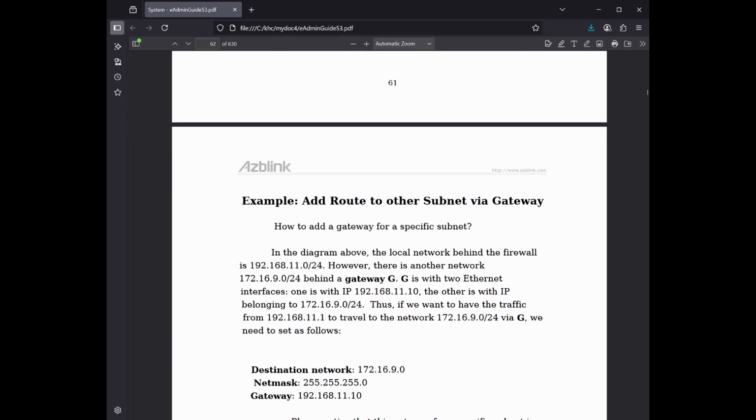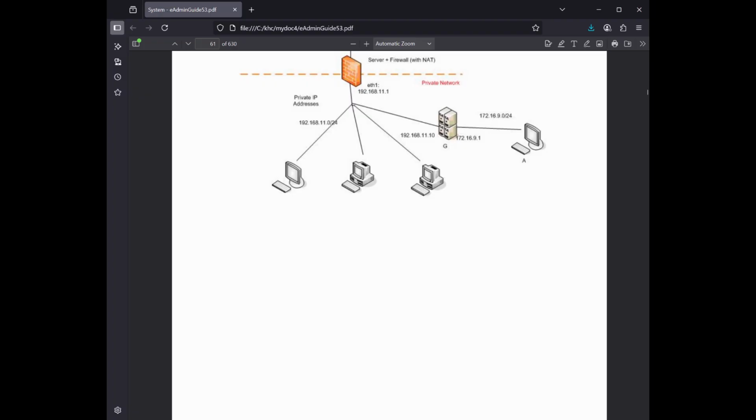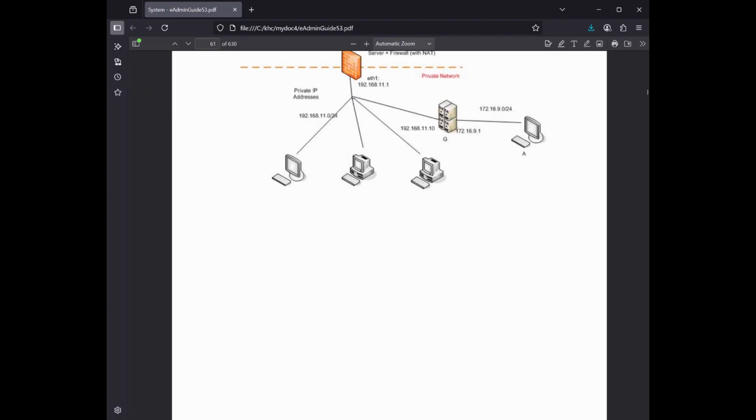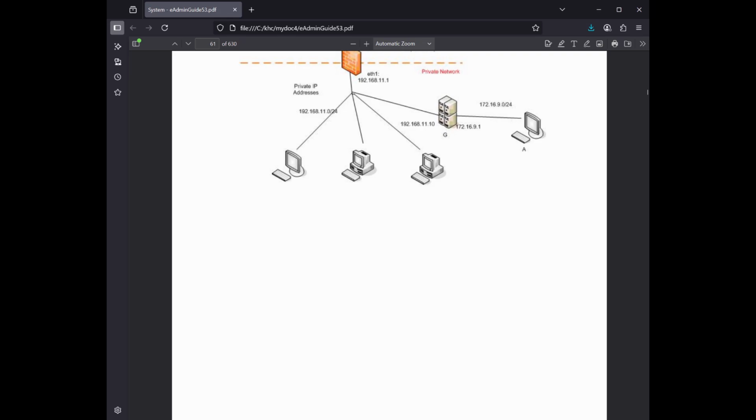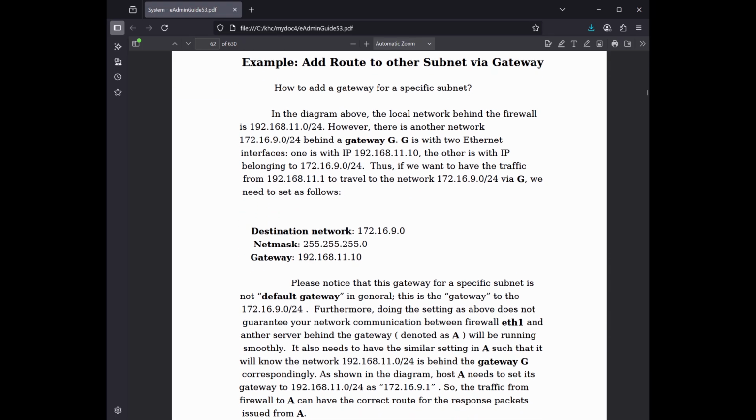In the diagram above, the local network behind the firewall is 192.168.11.0/24. However, there is another network 172.16.9.0/24 behind a gateway. G is with two Ethernet interfaces, one is with IP 192.168.11.10, the other is with IP belonging to 172.16.9.0/24. Thus, if we want to have the traffic from 192.168.11.1 to travel to the network 172.16.9.0/24 via G, we need to set as follows: